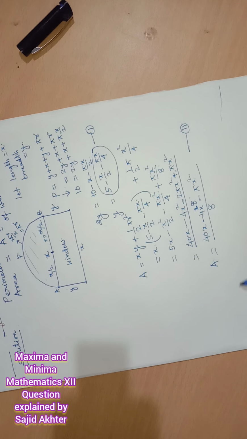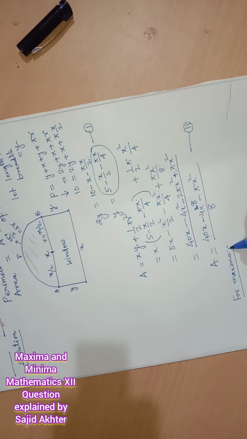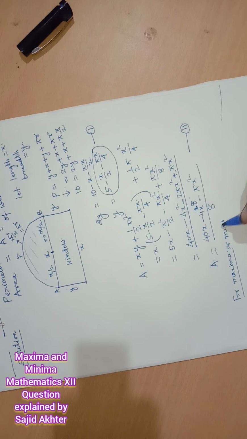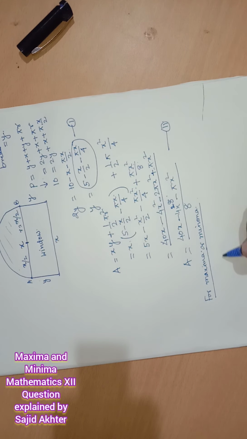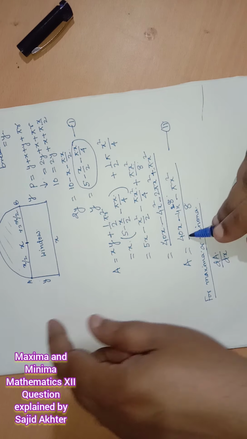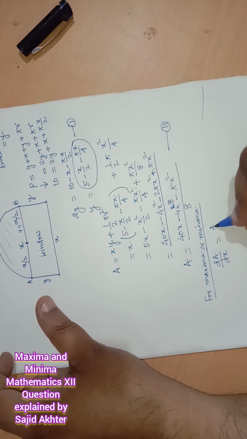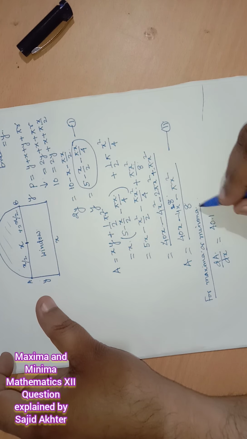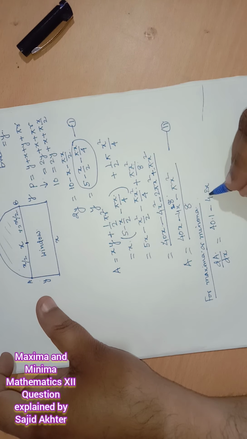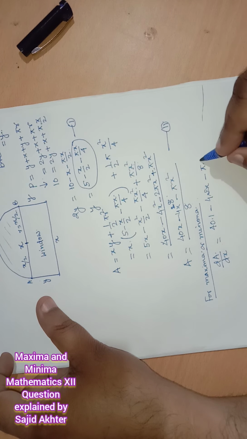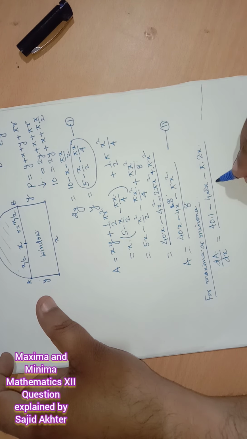So for finding the maxima or minima, here we have to find the maxima. So we have to find the first order derivative first. Differentiating with respect to x, it is 40, the differentiation of x is equal to 1, minus 4 x square gives 2x, here will be 2x, minus pi into 2x, divided by 8.